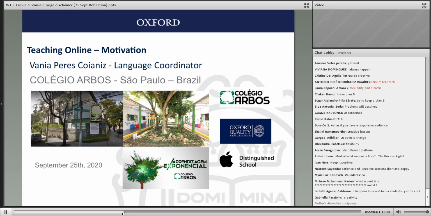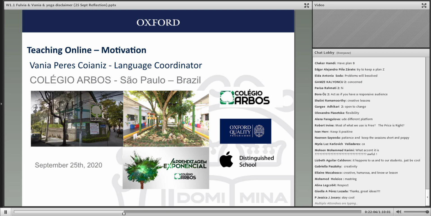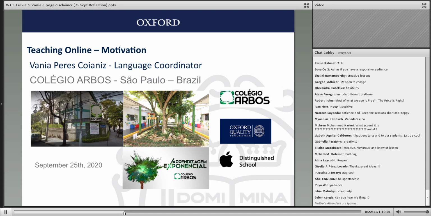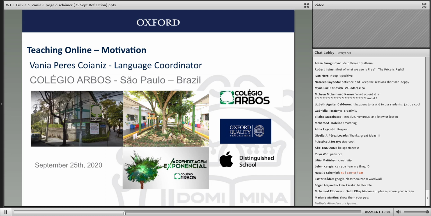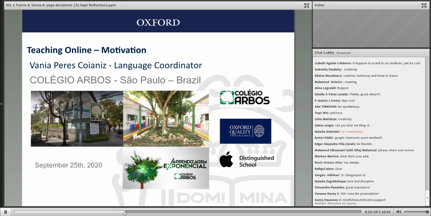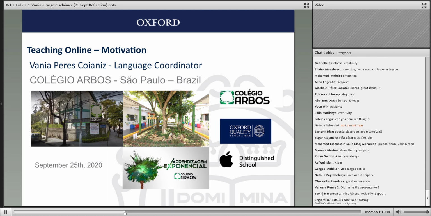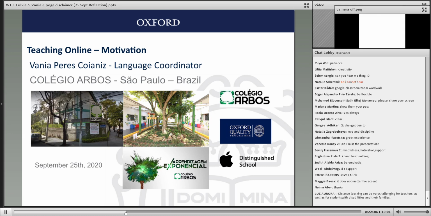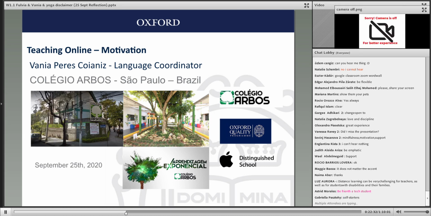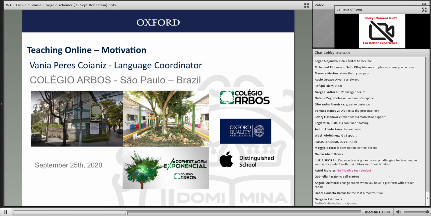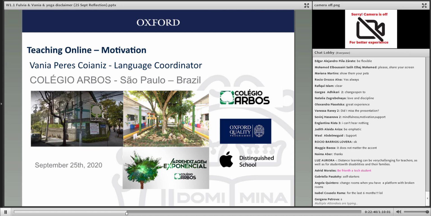It's something that we have been experiencing for the last couple of months. Personally, I learned a lot, not only through webinars with teachers and supporting teachers, but also interacting and doing home office with my colleagues, learning new ways of working and communicating. I noticed the mention of mindfulness, motivation, and support. I completely agree. Empathy is coming out a lot. I love it. Distance learning can be very challenging for teachers as well as for students with disabilities and their family. Luz Aurora, I think this is something very important that you mentioned.